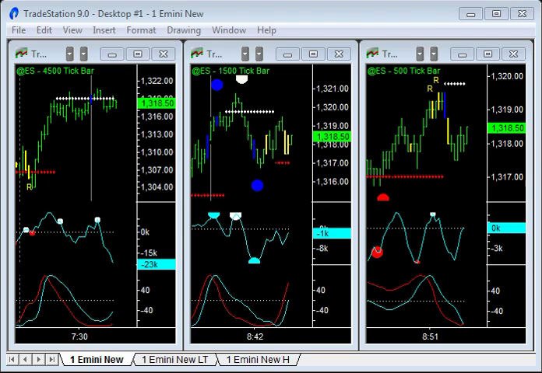1850, long 1850. Check my stops and targets, and